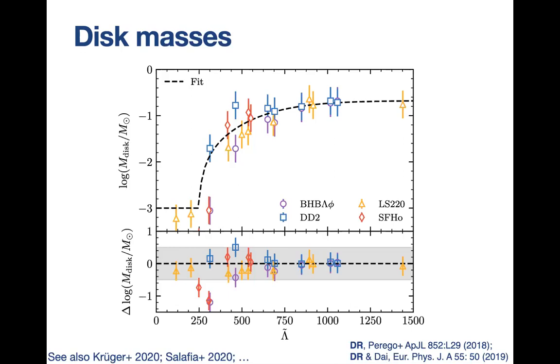This is a parameter we have chosen for the reasons that Sebastiano mentioned before, but because this is the parameter that in the EOB and post-Newtonian theory describes matter effects at leading order in the inspiral, so we can hope that there is some kind of analytic continuation after merger, and this parameter remains important. And indeed, for comparable mass ratio binaries, we find that there is a strong correlation between accretion disk masses and tidal deformability on the one side.